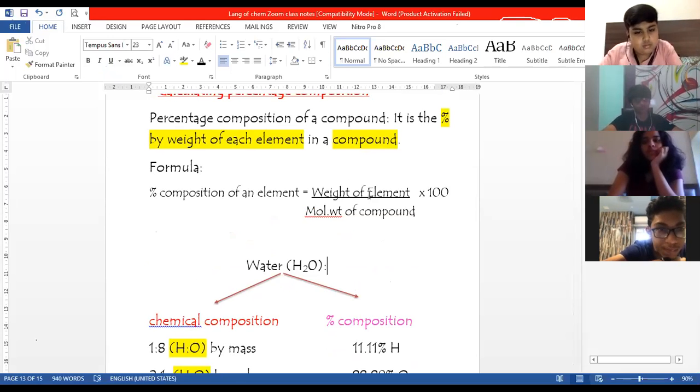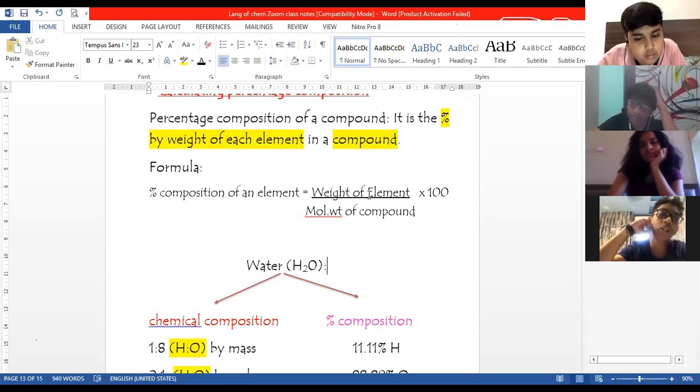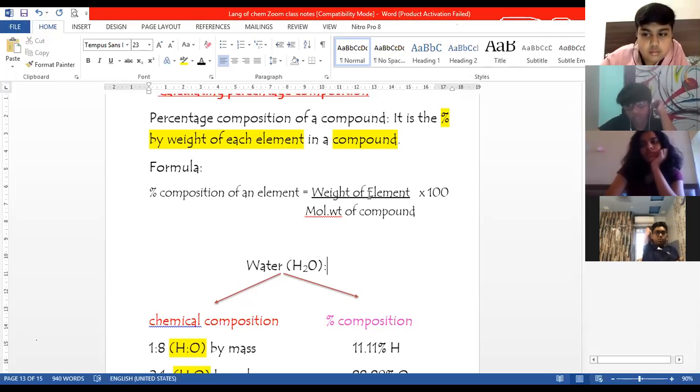And at times they will ask you a question like, what is the percentage of hydrogen in water. In that case, you just have to find the percentage of hydrogen. You will not waste your time finding the percentage of oxygen. So it's very clear. If in the question they don't mention any element specifically by name, you will find out the percentage of all the elements which represent that particular compound or molecule. In that case, you have to find out everything. But if they specifically ask you to find the percentage of an element, you will just find the percentage of that element and not waste your time finding the percentage of other things.